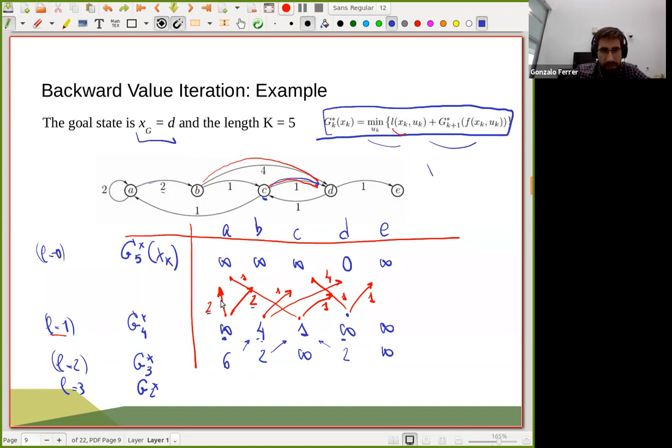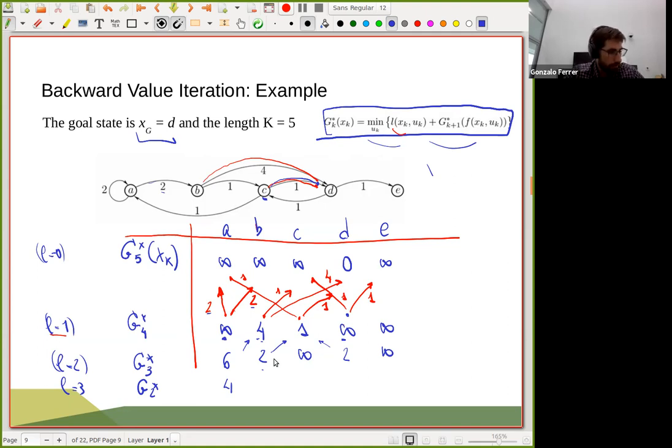Now, on the other hand, for length 3, we have another option, right? Here, what we had is that this cost was 6, but actually the cost to go to node B is 2. And then for length 2 here, we have an improved version. So with this, we can get a cost that is 2 plus 2, 4. There's another solution that would be 6 plus 2, which is doing this. So this is one sequence, 1, 2, and 3, right? But this cost is not optimal because 4 is less than 8. So, okay.